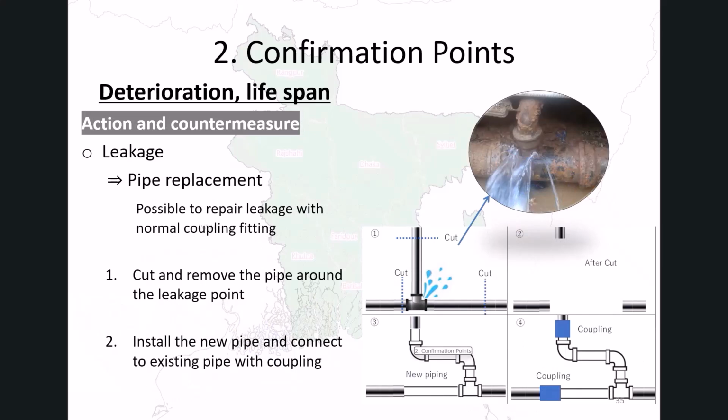When leakage is severe or pipe condition is poor, cutting and replacing the damaged section is required. This process involves removing the damaged pipe, inserting a new section, and connecting it with couplings. Compared to clamp-only repairs, this method provides a more reliable and long-term solution. After replacement, a pressure test must be conducted to confirm that no leakage remains.